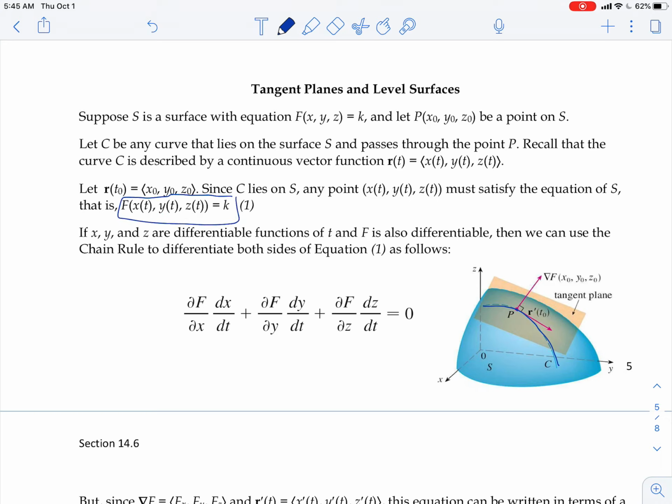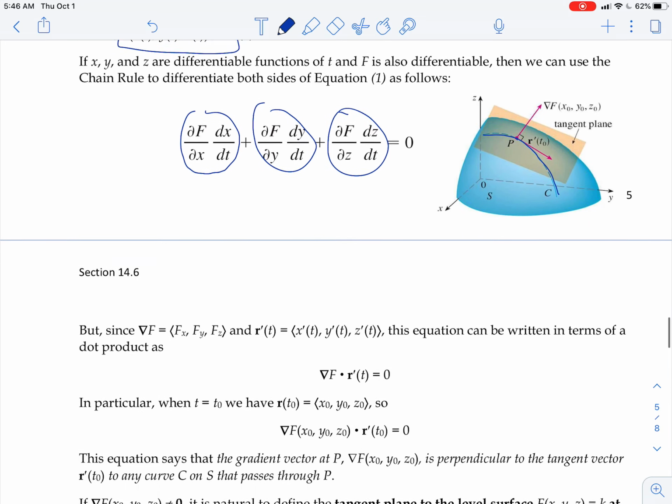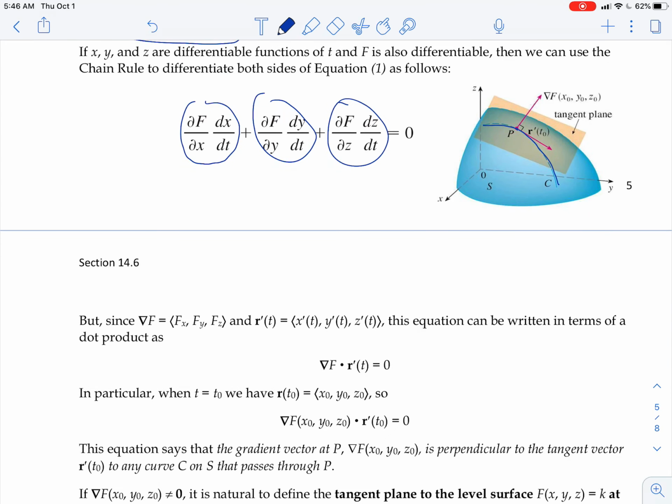Now, if x, y, and z are differentiable functions, then we can use the chain rule on this. The chain rule goes through f to get to t. In order to go through f, I have to go through x and then through t, and the same thing through y and through z. Once again, it's multiplication and sums, so we can write this in terms of a dot product,